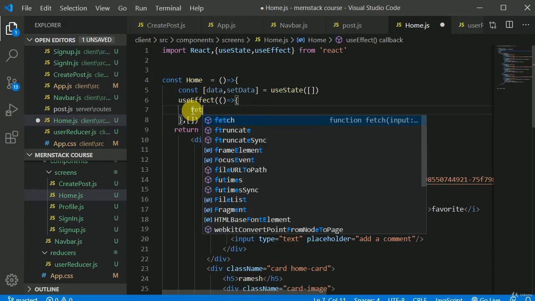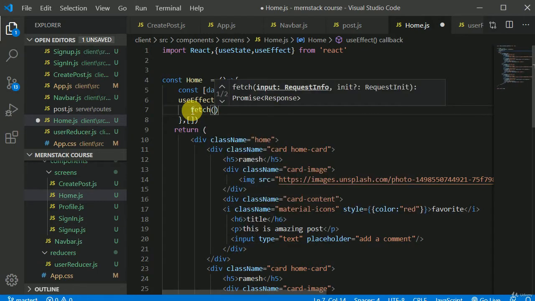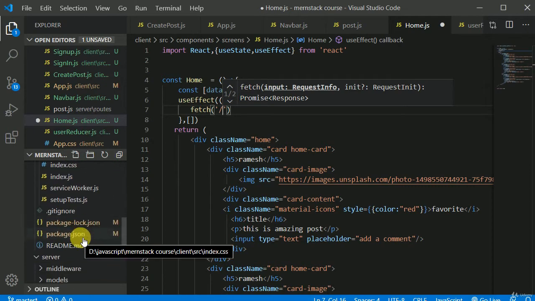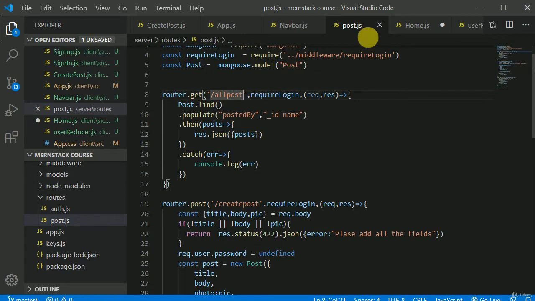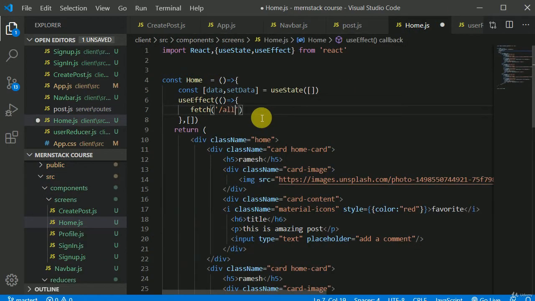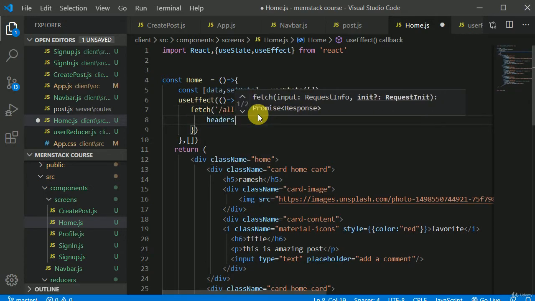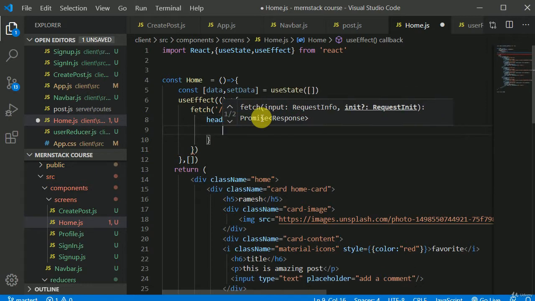Now I can make a network request to slash, let's see what was the route where we want to make a request. So that was all post, right? Okay, all post, and this will be a get request, right? Okay, but we need to add headers, right? We need to add headers. Inside this headers we have